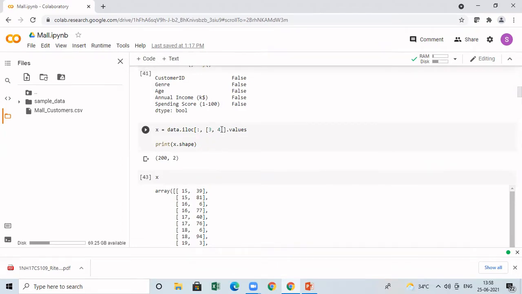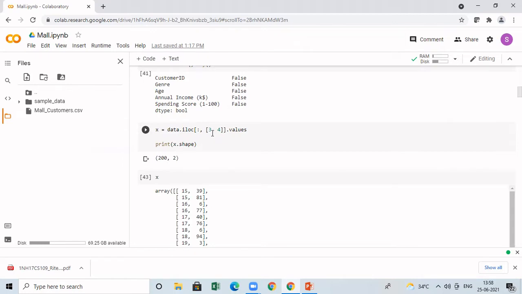You always know that all the columns or rows will be numbered starting from 0. So I'm going to select the columns 3 and 4. Which are all the columns will be selected? If you see your columns, these are all the various columns. Customer ID is a column number with 0 index. Gender is 1 index. Age is index 2. 3 and 4 means I'm going to plot the graph between annual income and then spending score. So I'm considering only these 2 columns. Okay, so I'm going to create clusters based upon this only.